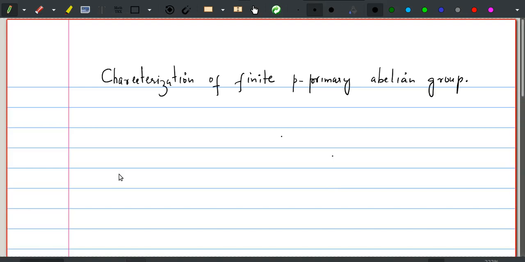I am Shanawaz. In this lecture we will characterize p-primary abelian groups with some given conditions. So to start this lecture we will first define